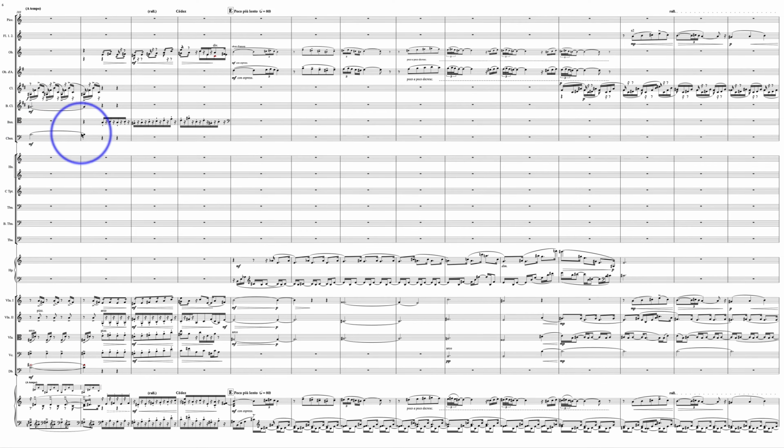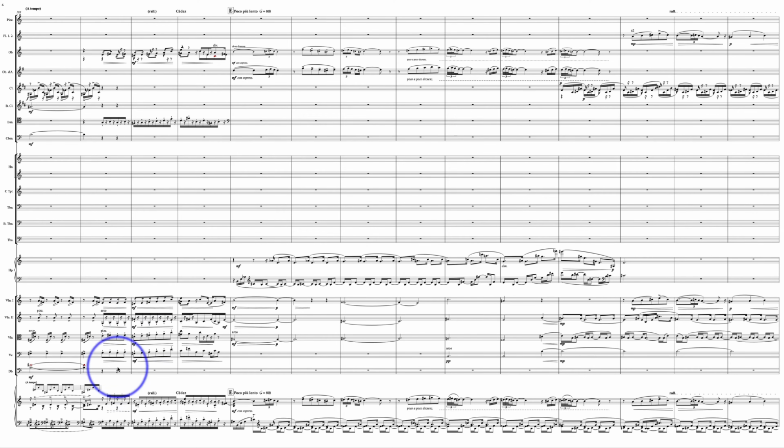with doubling by our contrabassoon and bass clarinet, which I feel make a really great team. They are beautifully complementary, just the same way that bassoon and clarinet are beautifully complementary. So just drop everything an octave with contrabassoon and bass clarinet, and you get some of the same effect, even richer and darker. And I feel just as capable at blending together in things like octaves, fifths, and so on.